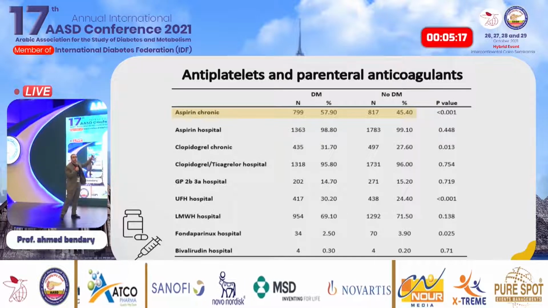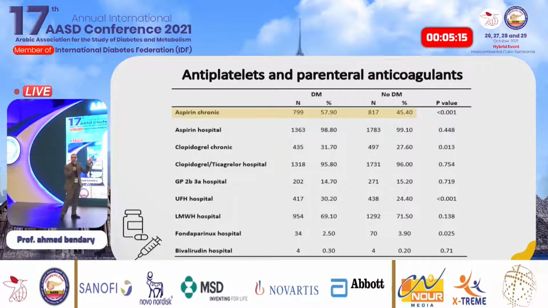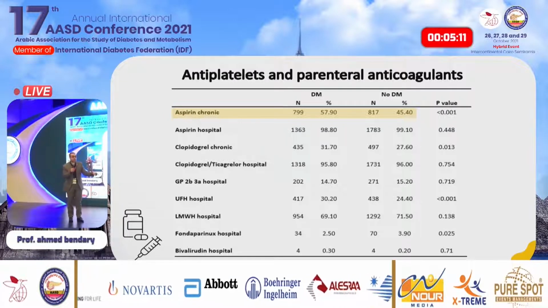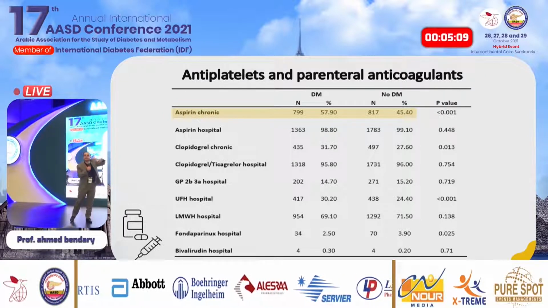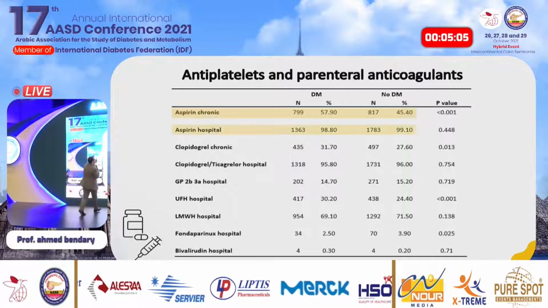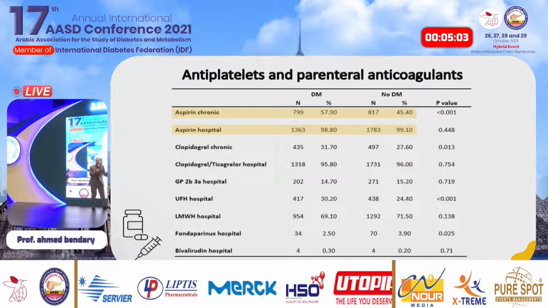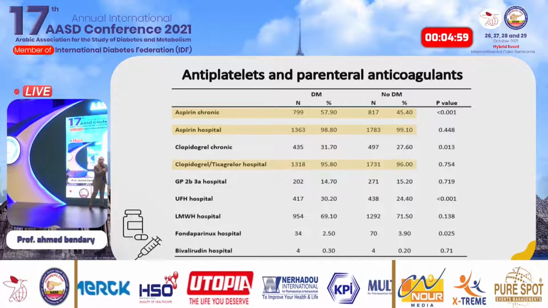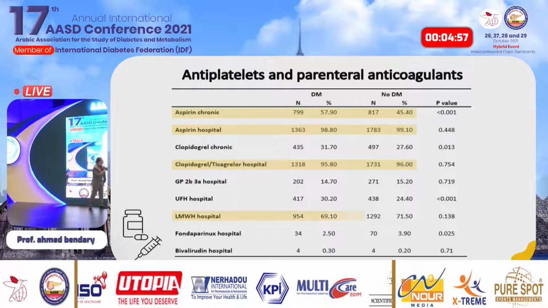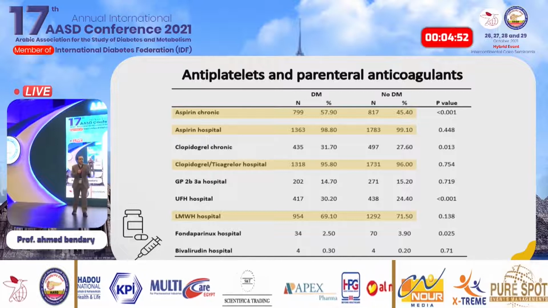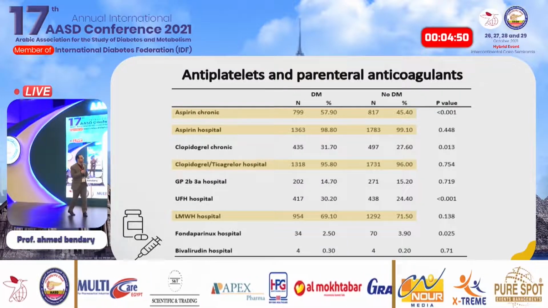Nearly one of every 2 patients presenting with acute coronary syndrome in Egypt and having diabetes were using aspirin in the year or the 2 years before presentation. But when they present to the hospital, they were treated equally in terms of aspirin prescription, in terms of clopidogrel and ticagrelor prescription, and even in low molecular weight heparin prescription. And this again feels very good.